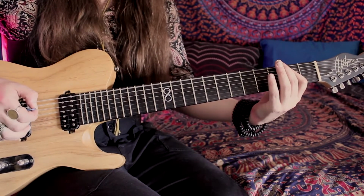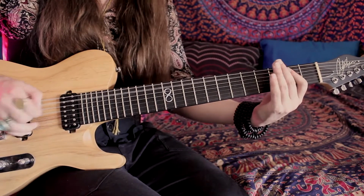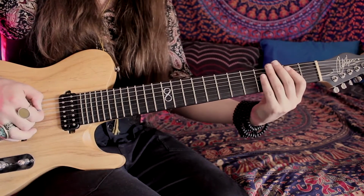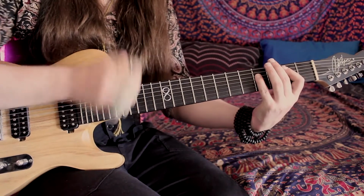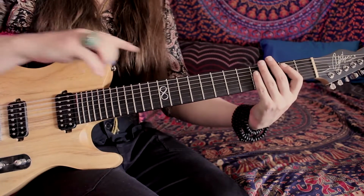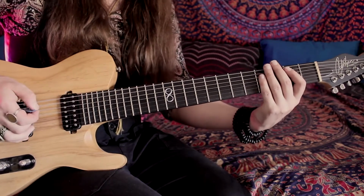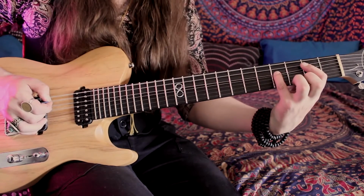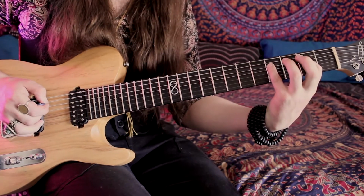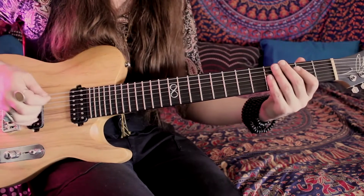Open, 2, 2. So open on the B string, 2 on the E string, 2 on the A string, followed by 4 on the A string. Now I'm going to do these all downstrokes except for the 4, which I'm going to go up, followed by a semitone bend there. Put it back where it belongs, hitting 2 on the A string. And so once we're done with that,